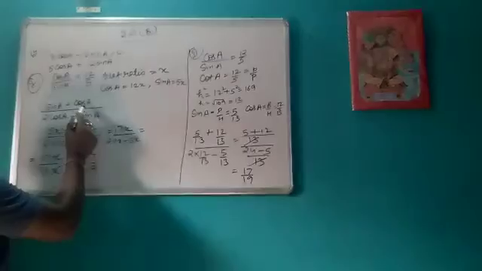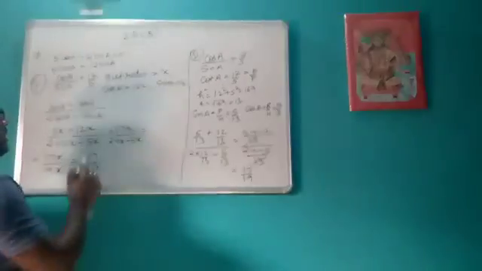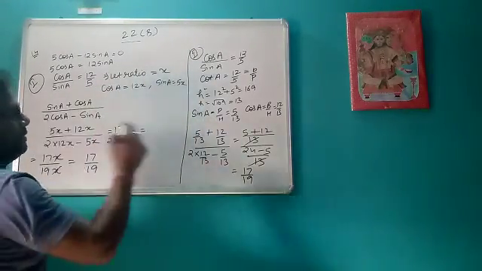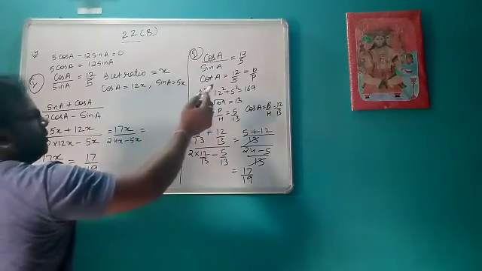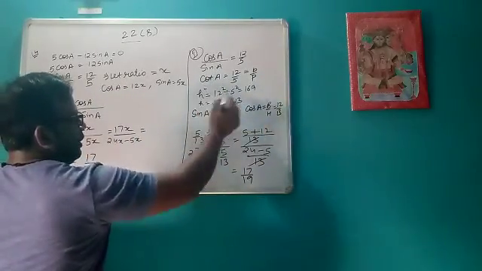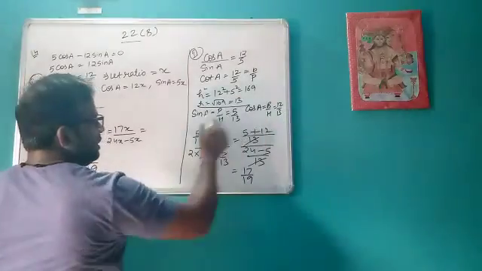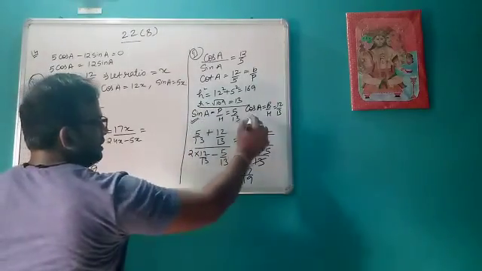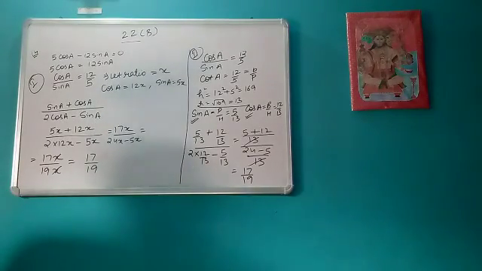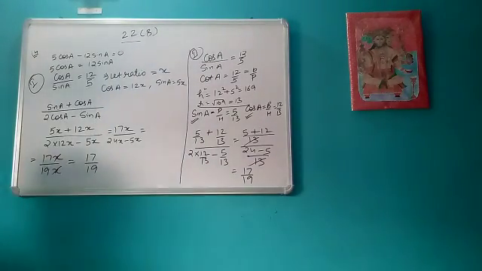If sin and cos is given and ratio is given, you can treat it like the ratio. Or if you don't want to solve the question like this, then you will take out the value of cot A. From here you will take out the value of h. Then from here you will take out separately sin A and cos A, and then you will put the values, and then you will get the answer. Okay, in this manner you can solve the questions likes of this.